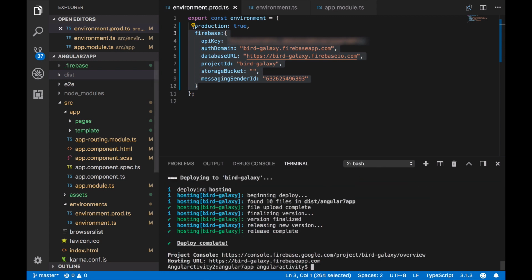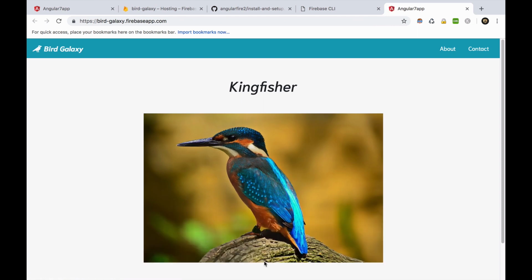Our application is now live and we can access it via the provided hosting link. The application is working as expected.